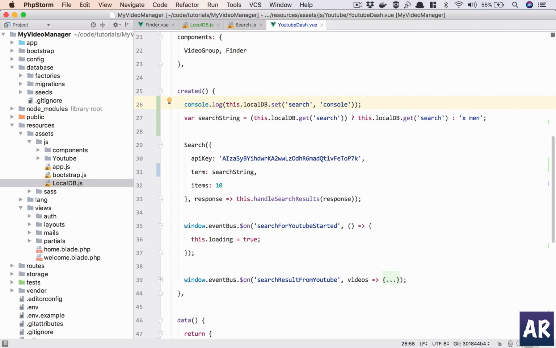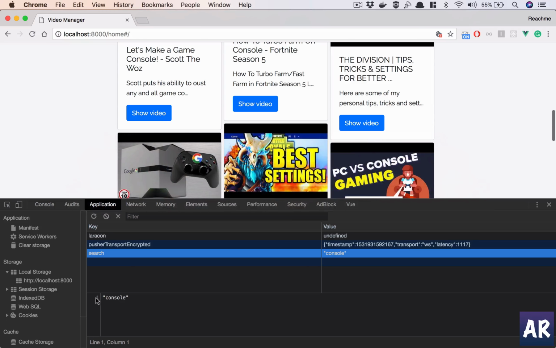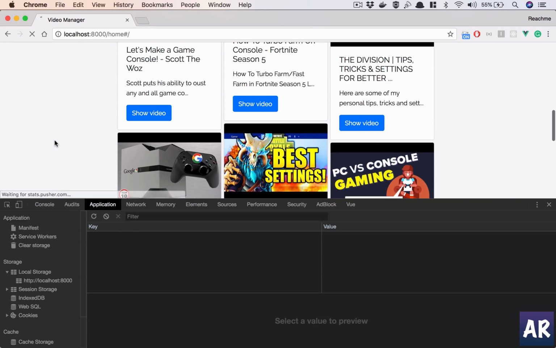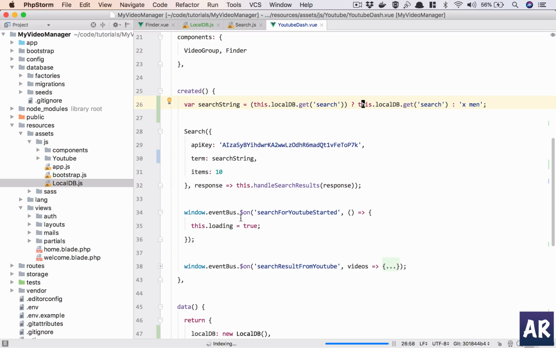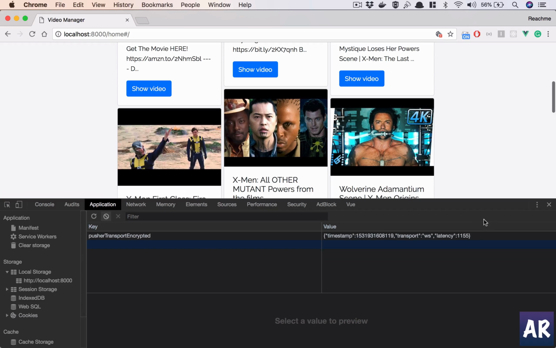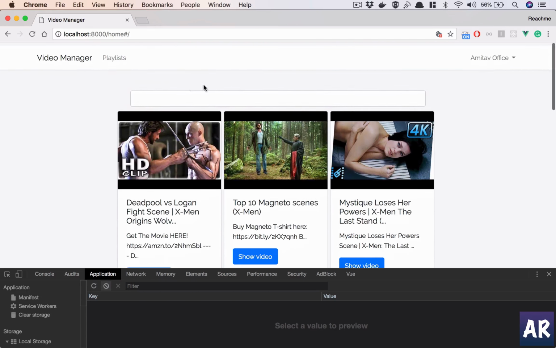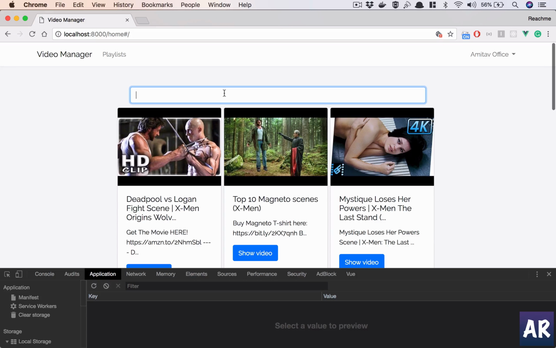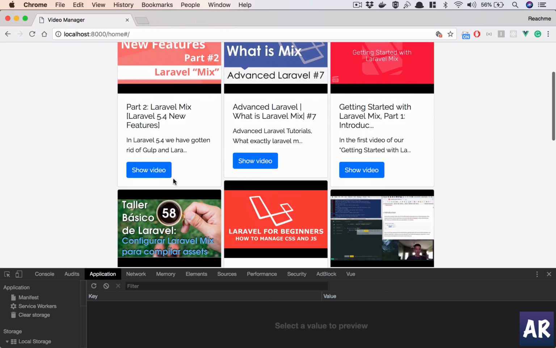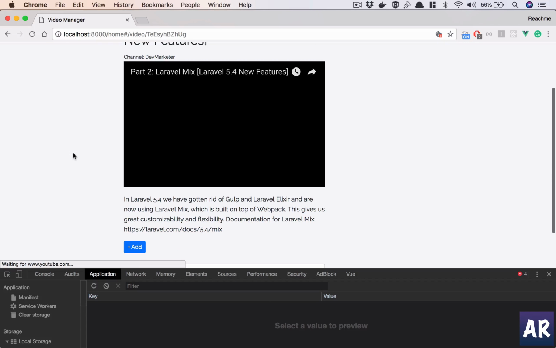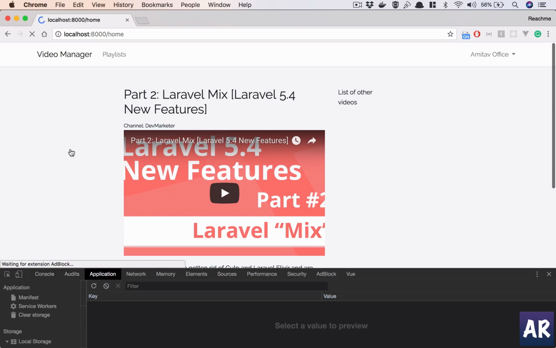So what I now want to do is clear the local storage, and it will now by default give me the X-Men results, right? So that's working. And what will then happen is, let's say I have searched for Laravel Mix tutorials. I see this. I click on video. This is here. And then if I come back,